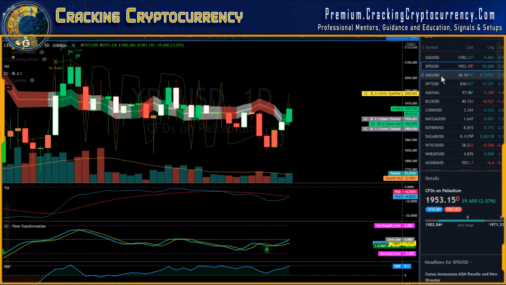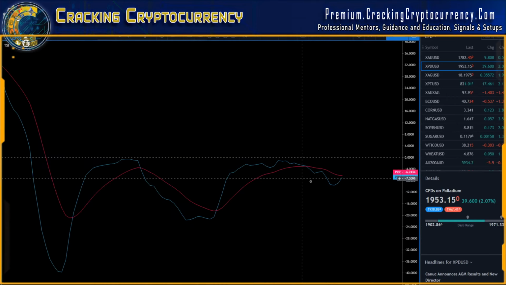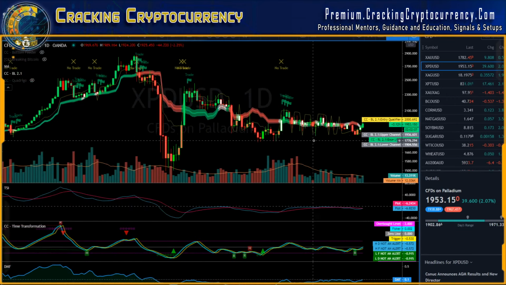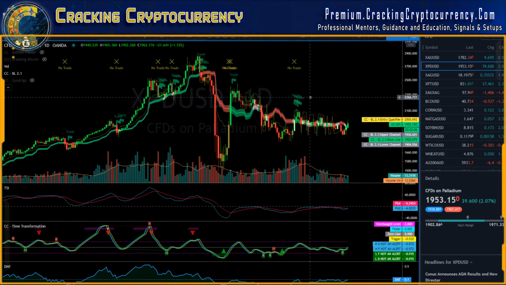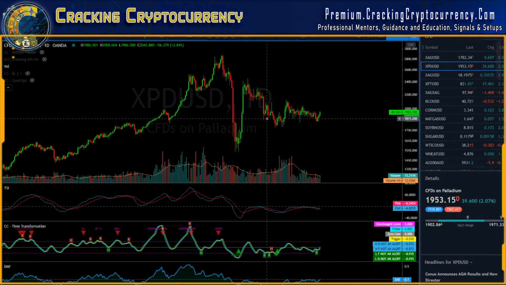Anyways, palladium potentially flipping trend to the upside here as we progress. Palladium has been very choppy, but if TSI is able to cross over, we might see some potential upside. And if I just look at the palladium chart, this does seem to make sense. We had obviously this March meltdown with palladium,